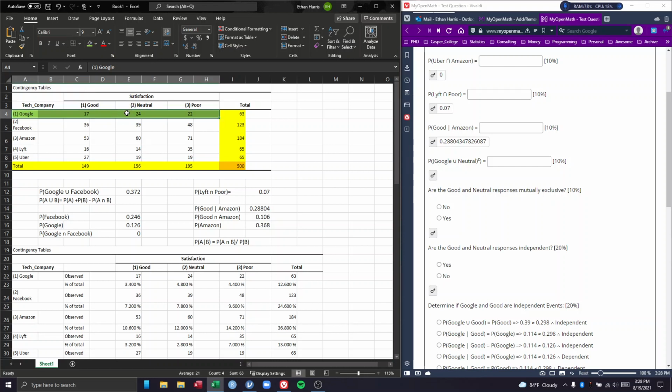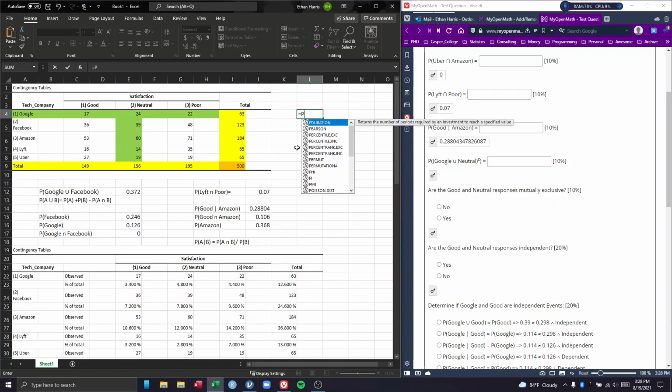And then I'm going to highlight neutral and highlight it as green as well. Now, what I want is everything that's not Google or neutral. That's what that complement means, everything that's not Google or neutral. So I've got a couple of ways I could go about calculating this. One, I could use the complement probability, right? So the probability of